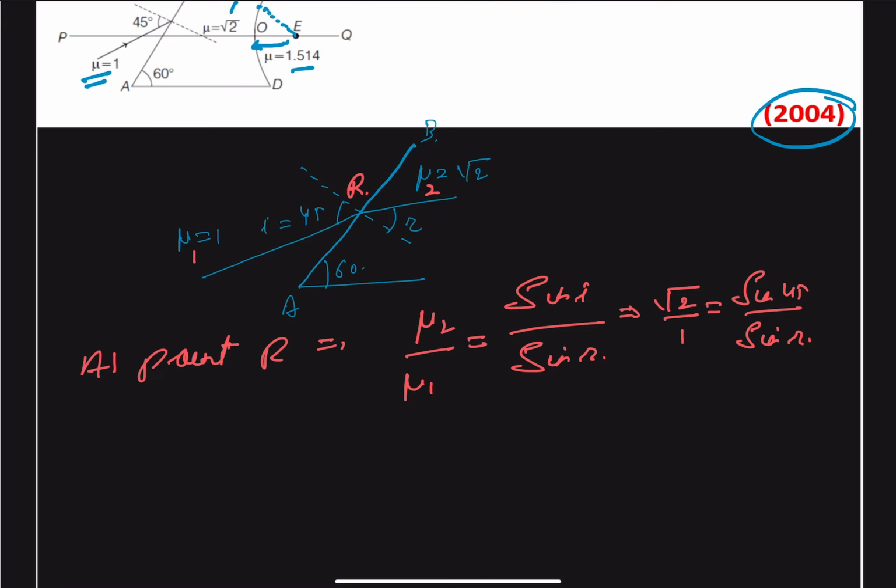So we get from here that sine of r will be equal to sine of 45 divided by square root of 2. Sine of 45 is 1 by square root of 2, so this comes as 1 upon square root of 2. Multiply by 1 by square root of 2, this will be 1 by 2, giving us that our r will be equal to 30 degrees. So we got that our r is 30 degrees. And if r is 30 degrees,